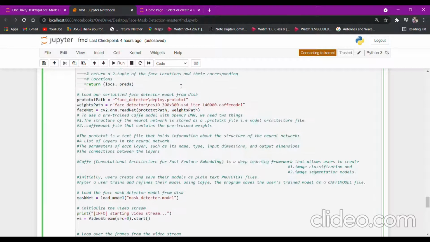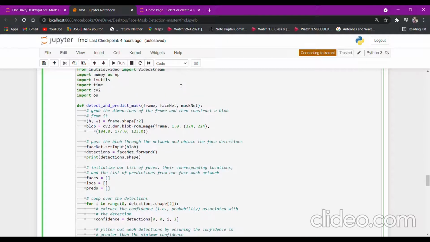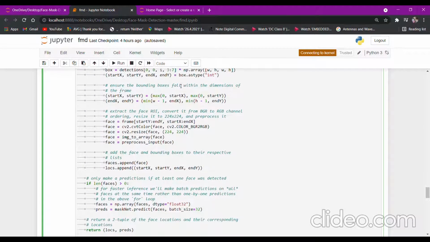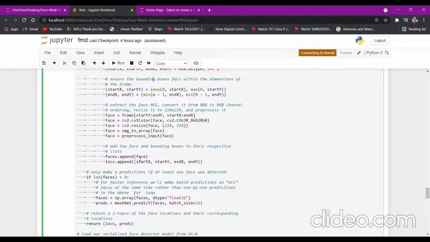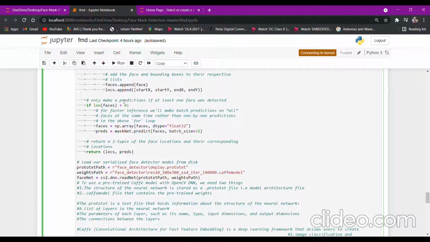The detect and predict mask definition is on the top, where simple OpenCV operations are performed in order to detect the faces and their respective locations, convert them into a numerical array, and resize and pre-process them. Then we make use of the model, once after completing all the operations I just told, to predict if the mask is present or not.